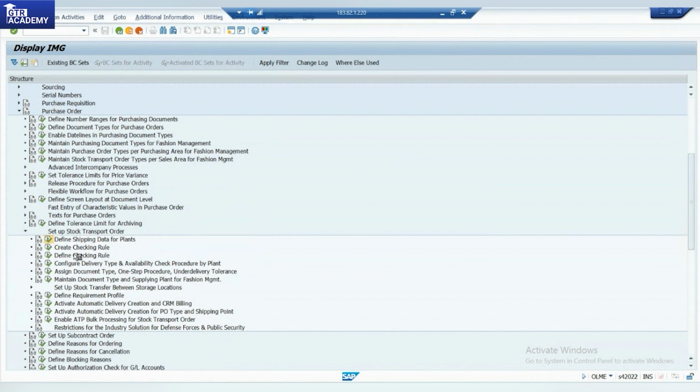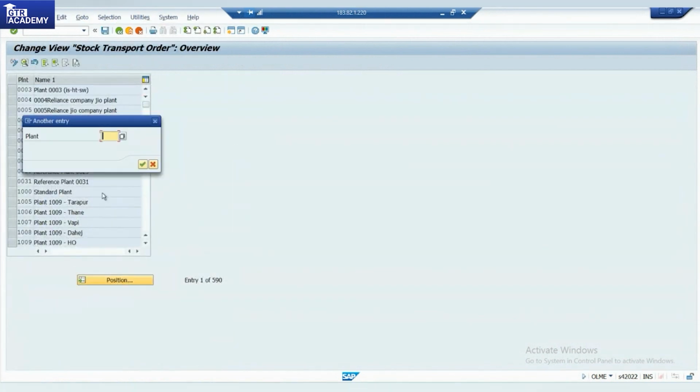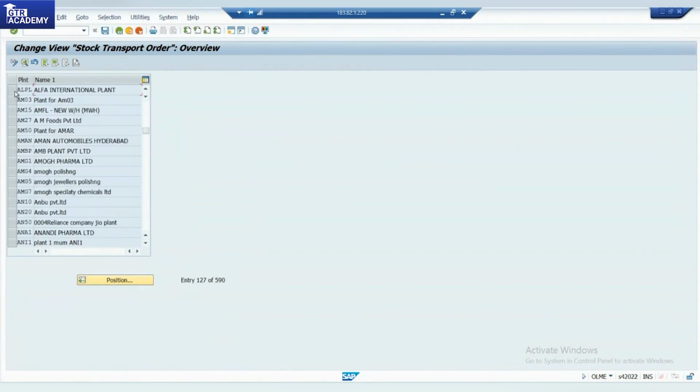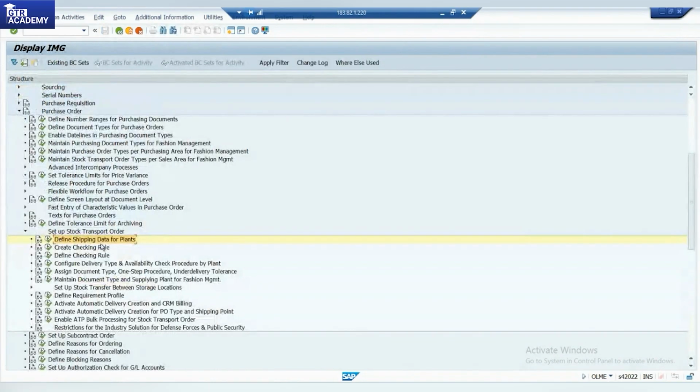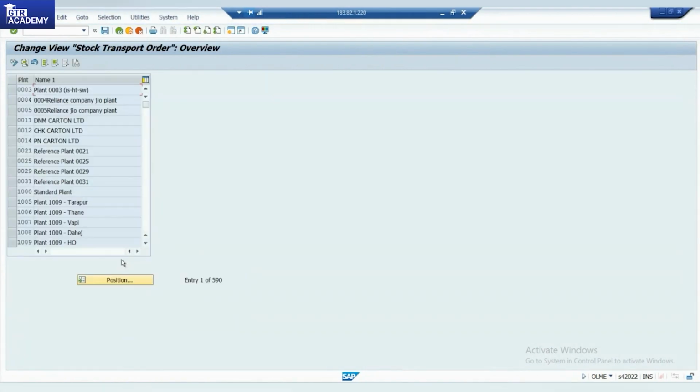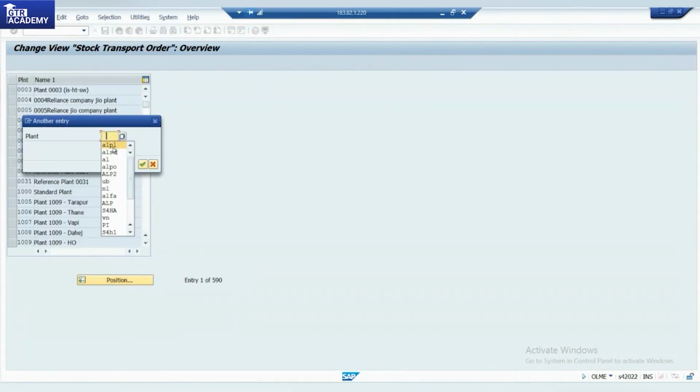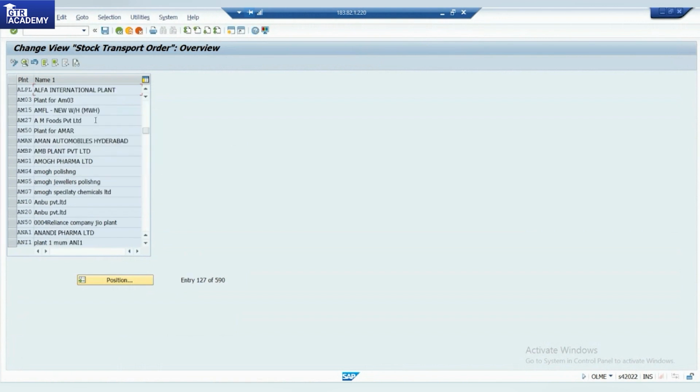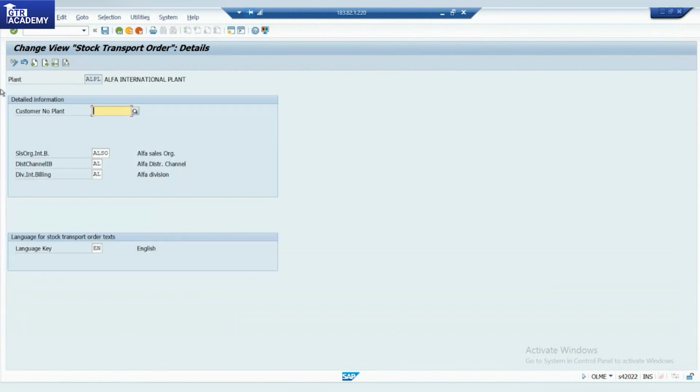We only find our shipping data. We have our plant. Let's go to the ALPL plant. Our ALPL plant will be mapped for the shipping data because ALPL is the plant that we need to ship the material from. It has a distribution channel. It has the shipping data. Let me tell you one more thing, I forgot to tell you here. ALPL. Enter. Double click. Okay, fine. So in ALPL,